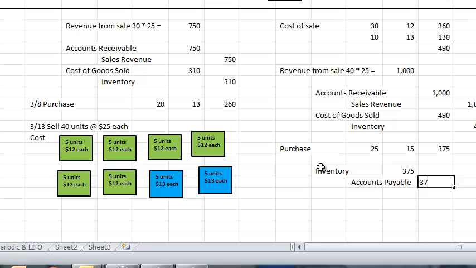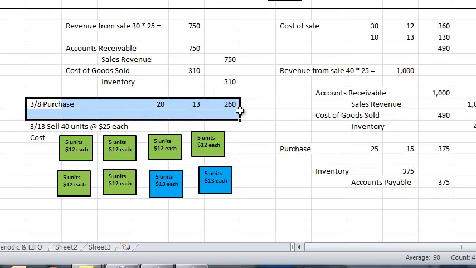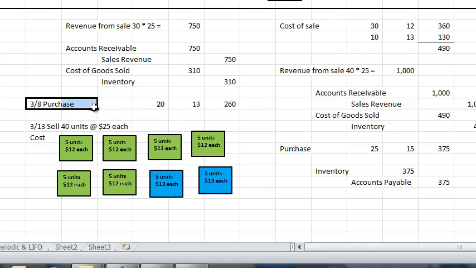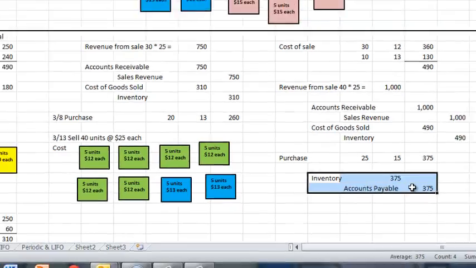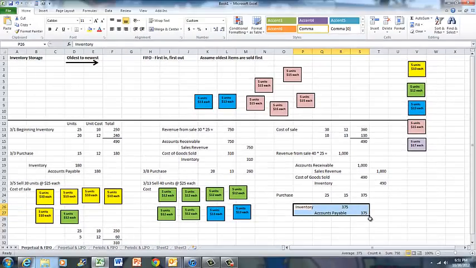$375. And as I was just muttering to myself, it looks like I forgot to do the journal entry for the purchase on March 8th. My apologies, but we do the same journal entry, we just debit inventory for $260 and credit accounts payable for the $260. Now the next thing that is going to happen is we are going to sell